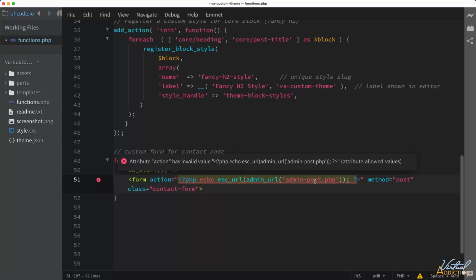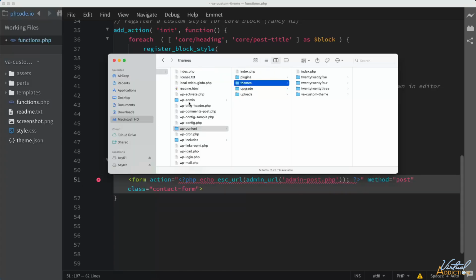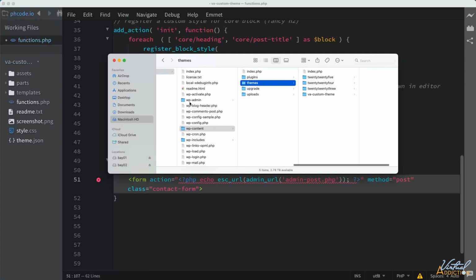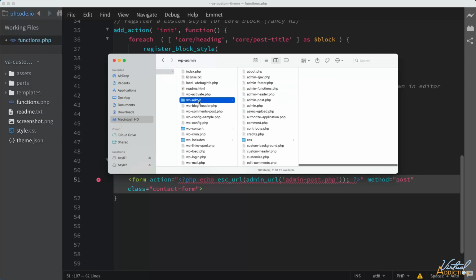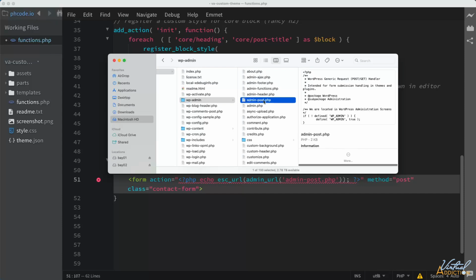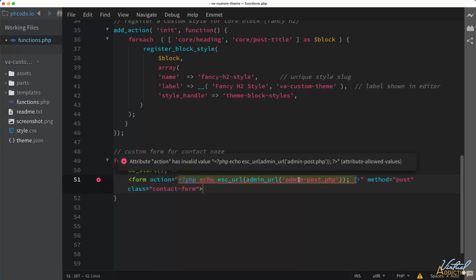form submissions. If you go to your WordPress install directory, you'll find a wp-admin folder, and inside that folder is the admin-post.php file. This comes pre-installed with WordPress. It's not something that we have to create. So we're just going to harness the power of this so that this can be used to handle our form